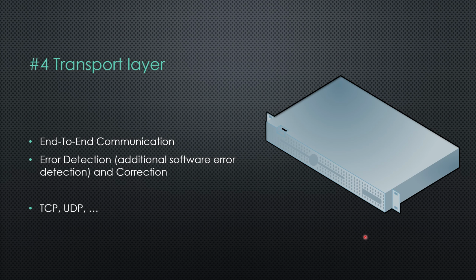So a switch just checks if the package is valid, and then it generates a new CRC, a new error detection checksum, and sends it out again. So if the data is corrupted on the switch, the CRC will still be valid, and so we have an additional software error detection in there, or might also be hardware error detection in there, and also the full correction mechanism. So a TCP package is working with error correction,